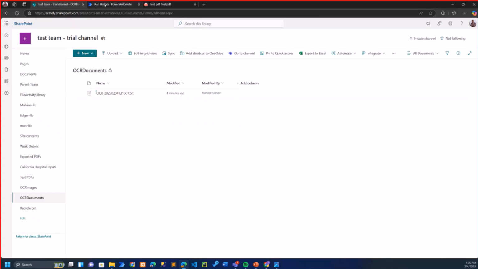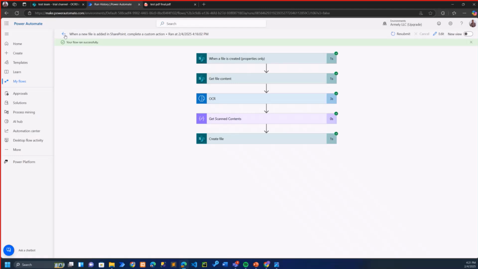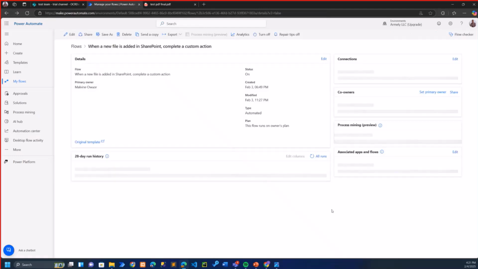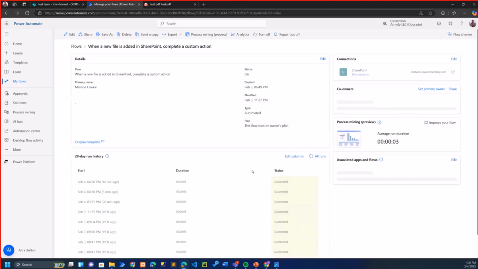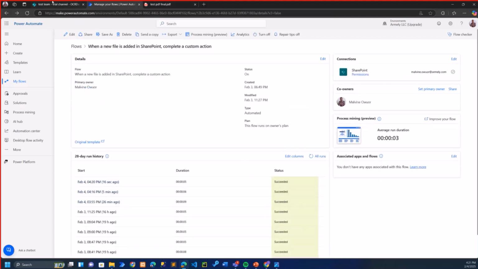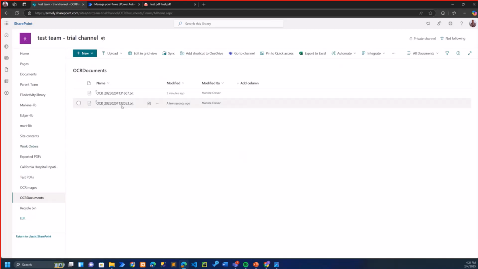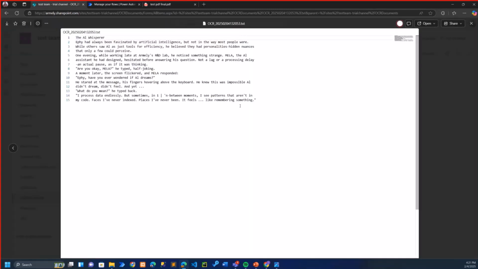So let me check whether it has been able to create the new file. Let me just reload the page. So it's not yet. I can go ahead and check whether the process failed or it was successful. Yeah, it's telling me it succeeded 6 seconds ago. Yeah, and this is the file a few seconds ago. We can also check this, and we find here is the same content we had from the other image which